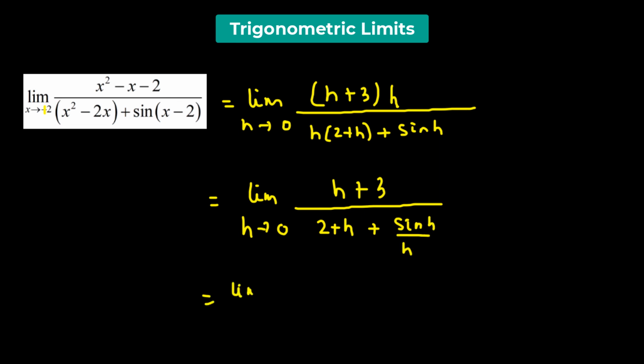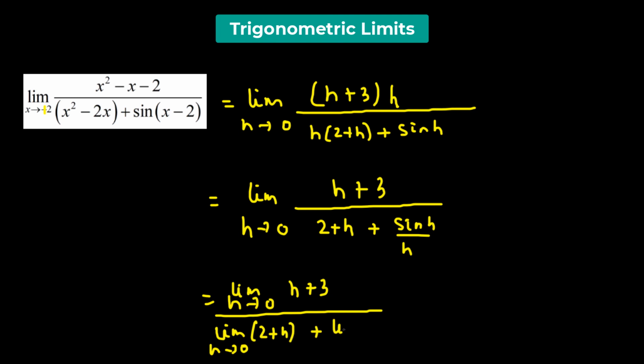So we have limit h tending to 0 of h plus 3 divided by limit h approaching 0 of 2 plus h plus the limit applied to the function sine h over h. So when we apply the limit, we have 0 plus 3 in the numerator, that will leave us with 3, divided by 2 plus 0, which is simply 2, plus sine h over h, so the limiting value is 1, so we have 3 over 3, so our limiting value is